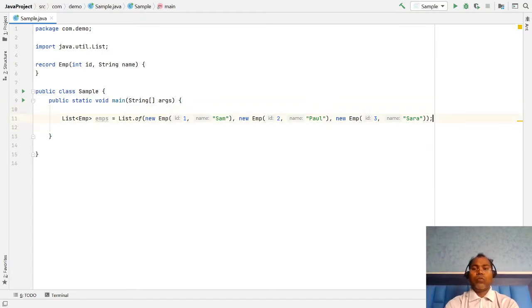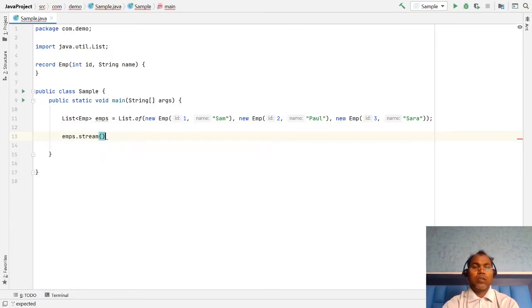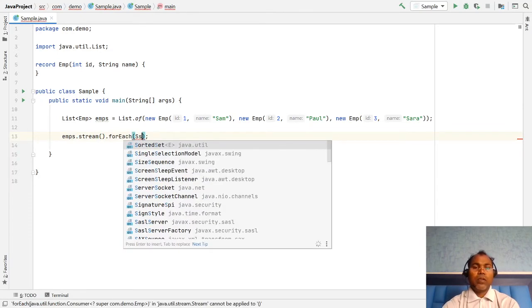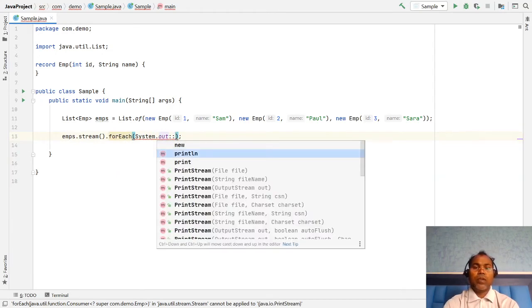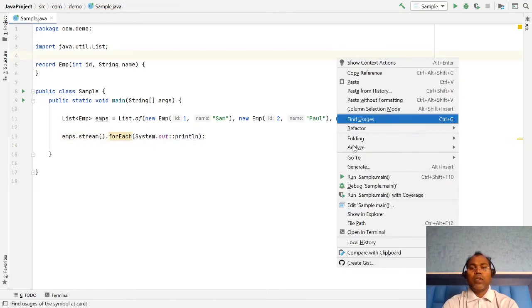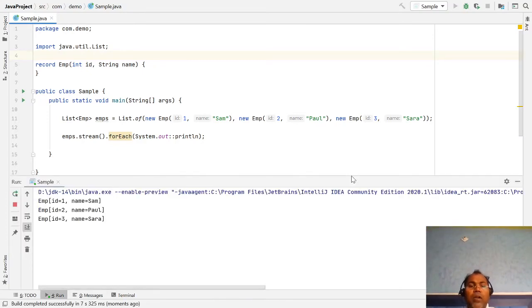Here, if you want to list out all, generally we use emps.stream().forEach(System.out::println). If you notice, it displays the complete employee object, but I just want to print out all the names in uppercase.